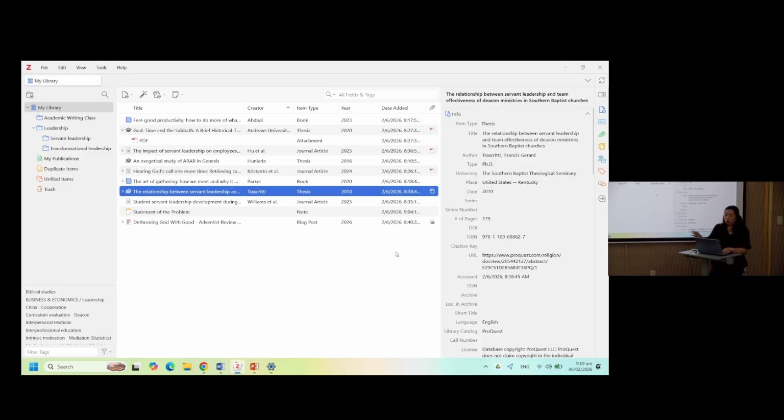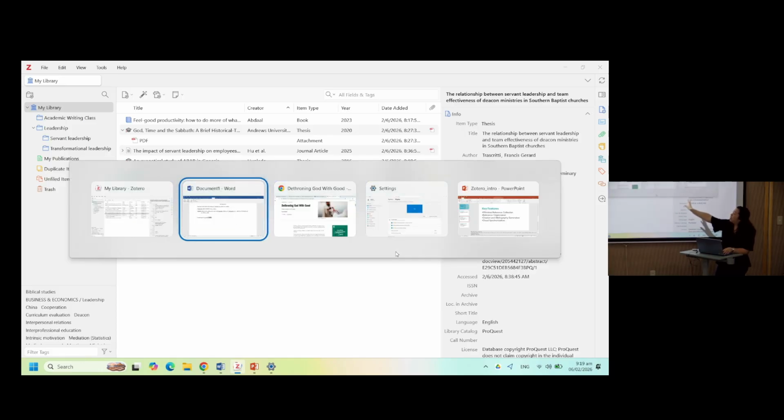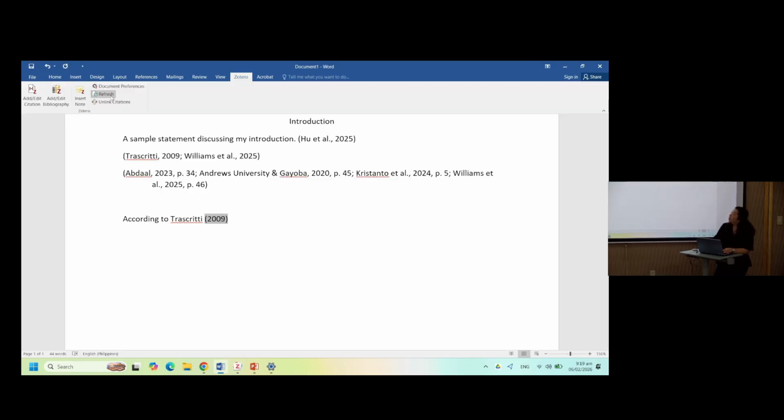Okay? Once I edit it in my Zotero, I just have to click refresh, and all of the resources that I cited with that same resource will be edited. So even though you have 100 pages repeating that author, you don't have to go through all those pages because Zotero will do that for you. Okay?